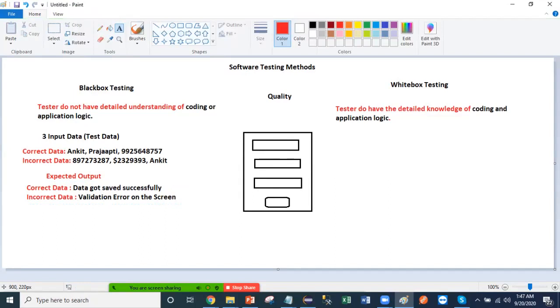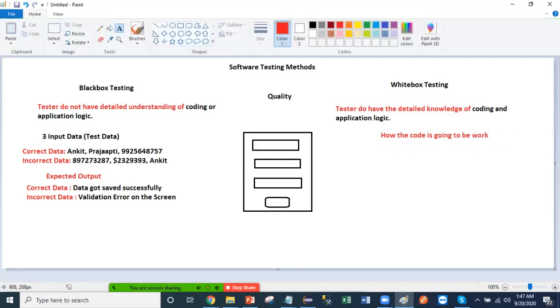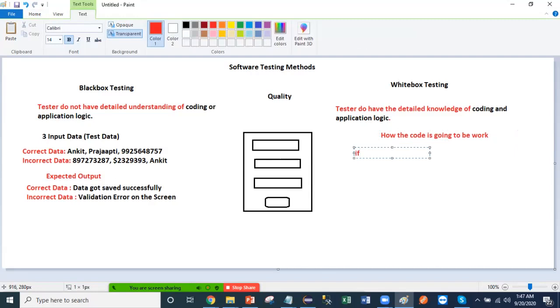But here, the white box tester knows, when they click on submit, how the code is going to work. So they know how the code file is designed. They know that in the code there is an if condition: if data is equal to valid, then insert all the data into the user table.